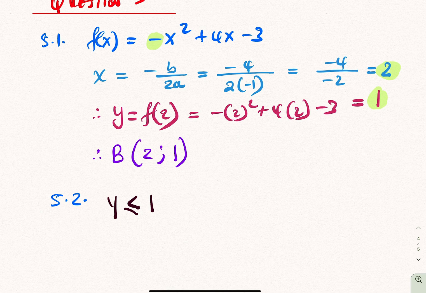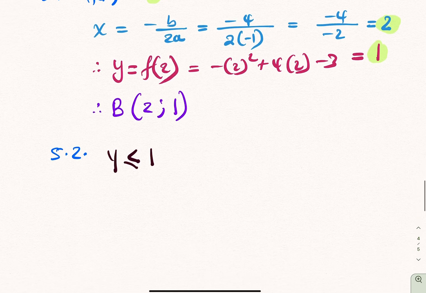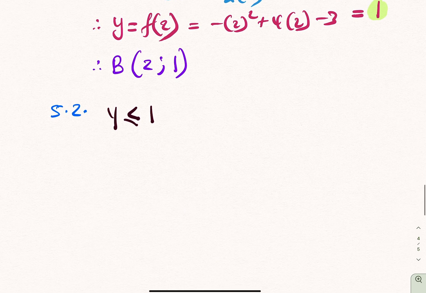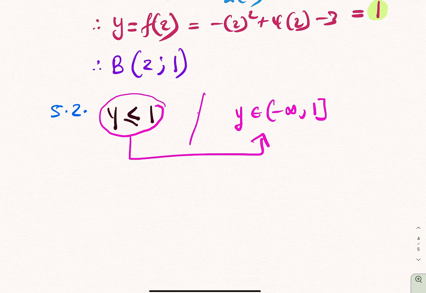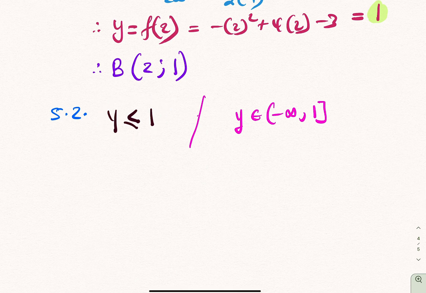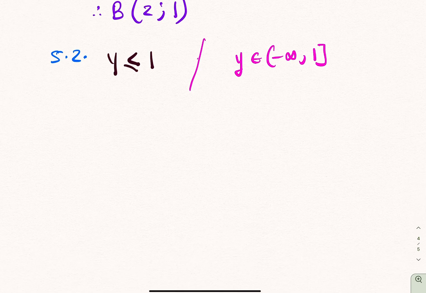I advise students to also interpret, because that's where they really trick you, on the issue of interpretation. So this is how you're going to write that. The other acceptable way of writing it, because some schools have their own representation, is to say y is an element of the real numbers from negative infinity to positive 1 inclusive. You are basically writing your inequality in interval notation. I guess that should suffice for how we should approach this particular one. This is really easy. I don't want to try students. Now you get to